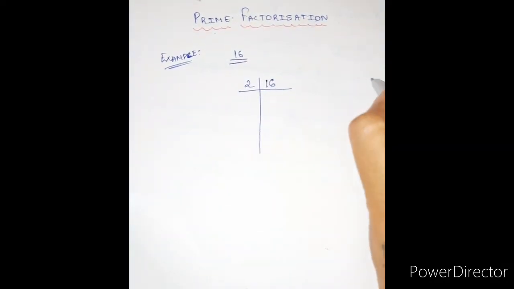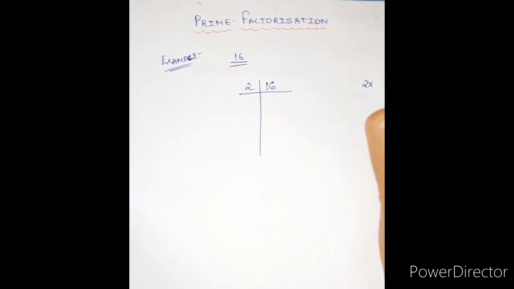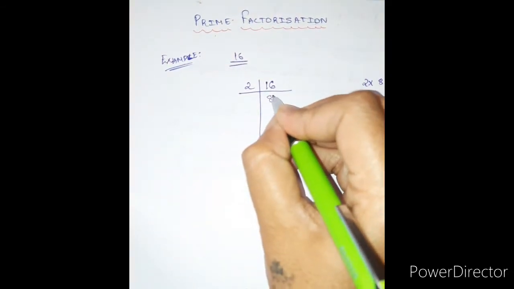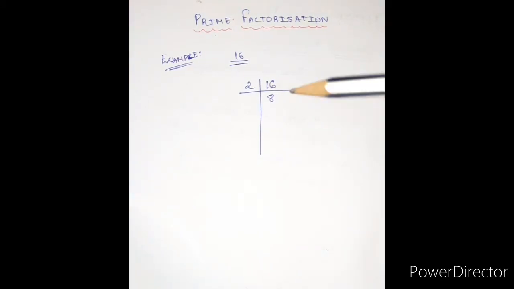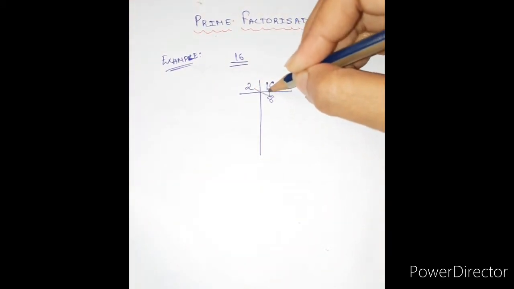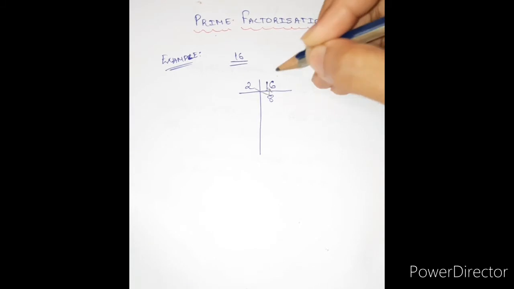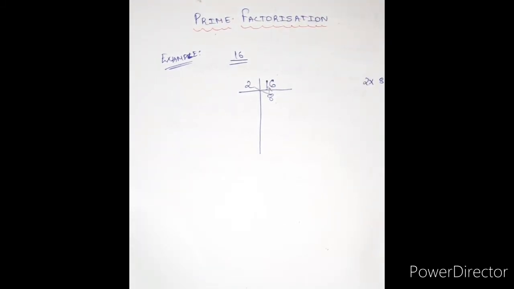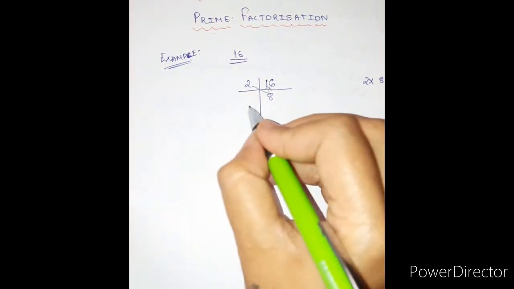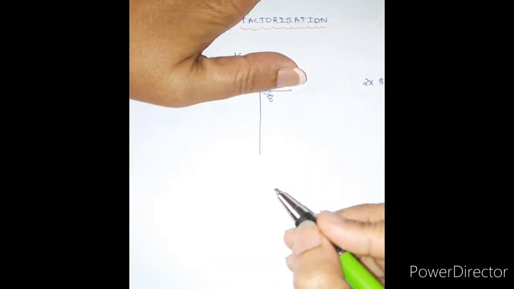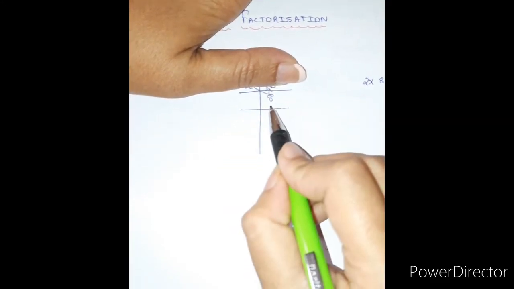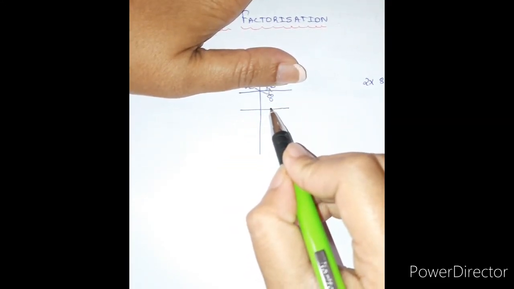How many times gives us 16? 8 times. So we need to write the 8 down. It goes in this way. 2 8s are 16. We know the answer, but we have to find which table and how many times it is going by. Now forget about the first part. Now we have 8 in our hands. We have to factorize 8.